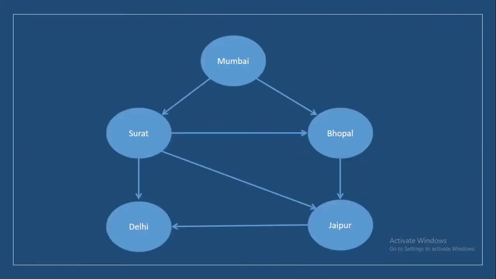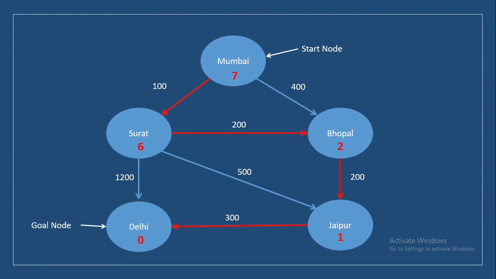This is experiment number 5, that is the A star search algorithm. In this algorithm, we are given a directed graph which contains nodes and edges. Each edge has a value that is also called the actual cost to reach a particular location, and each node has a particular value that is the estimated value. We are given the start node and the goal node, and we need to find the efficient path to reach from the starting node to the goal node.